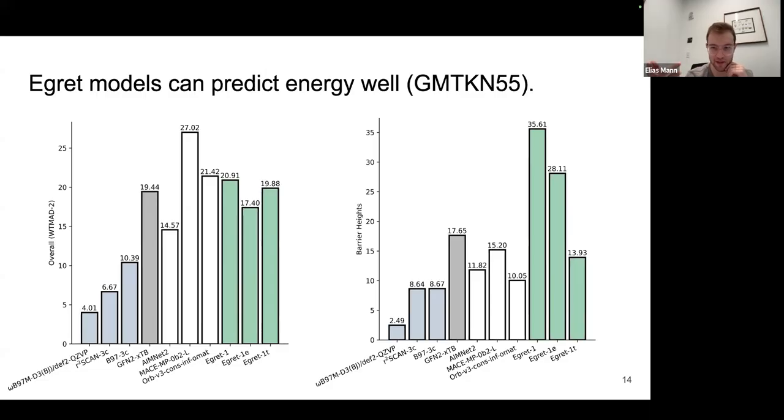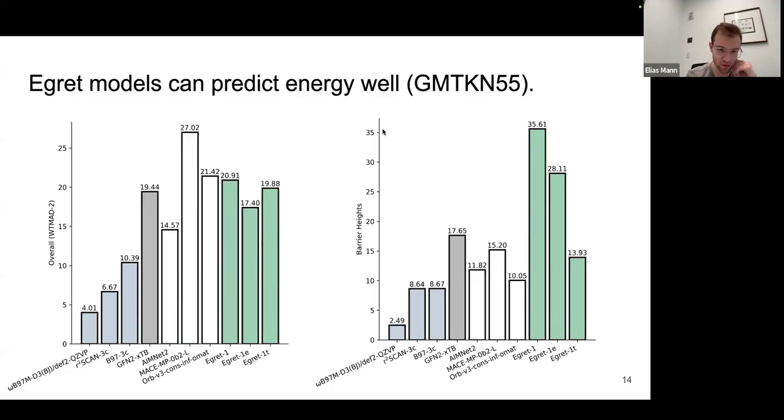But as you saw in our previous examples, when we were designing these experiments, seeing which data to include, we were validating by looking at GMTKN results. So this is kind of like using a benchmark as a target. We didn't train on any of this data, but we did look at it when we were doing experimental design. So take this with a grain of salt. But one thing that this does show is we do have similar